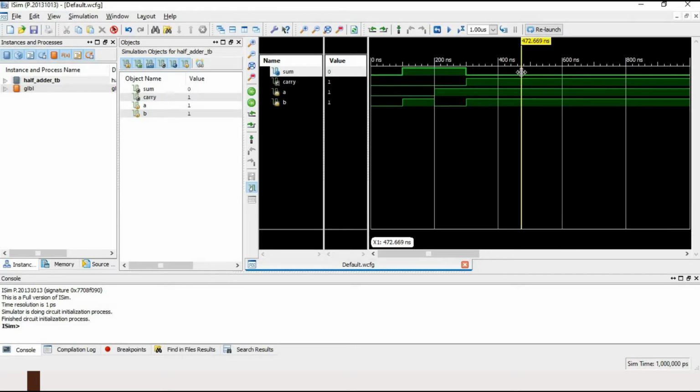Now we are going to implement this logic on our FPGA board with the help of the UCF file, user constraint file. We will need to add another source file, which is basically .ucf file, in order to implement this logic on the hardware side, means FPGA development board. So our logic is verified. So our logic is correct. Now we are going to implement it on the hardware FPGA development board.